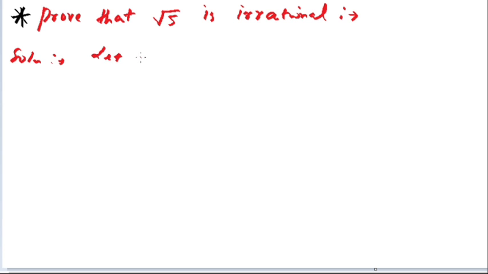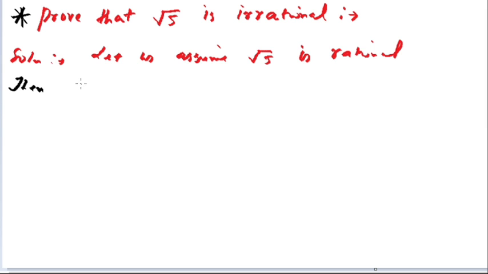Let's assume root 5 is rational, because we have to prove root 5 is irrational. It's the only way I can prove root 5 is irrational, by contradiction. ठीक है बेटा, contradiction से हम easily इसको prove कर सकते हैं that root 5 is irrational, means it cannot be expressed in the form of p by q. तो contradiction से जब मैंने कहा है बेटा ऐसा, तो easy है. मैंने assume किया root 5 is rational, then